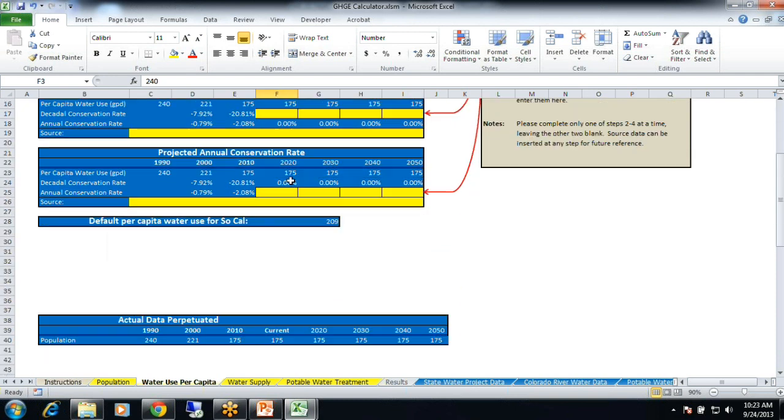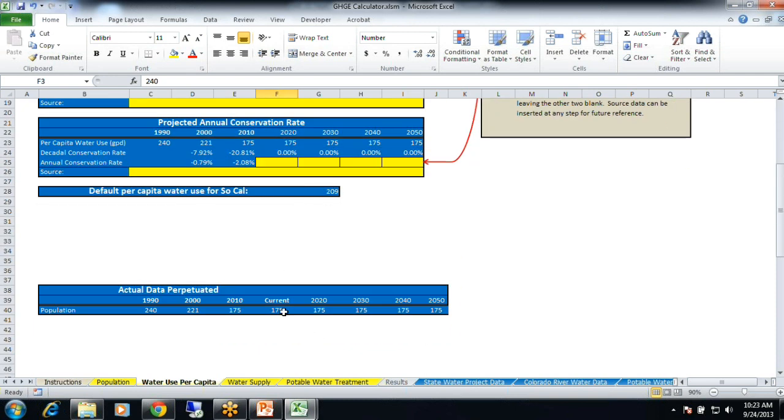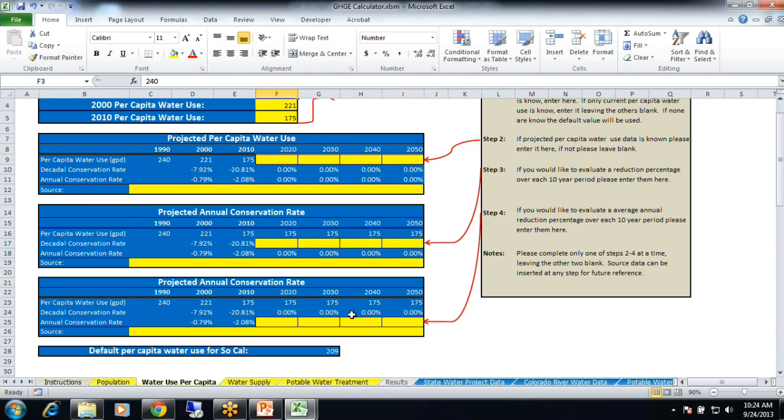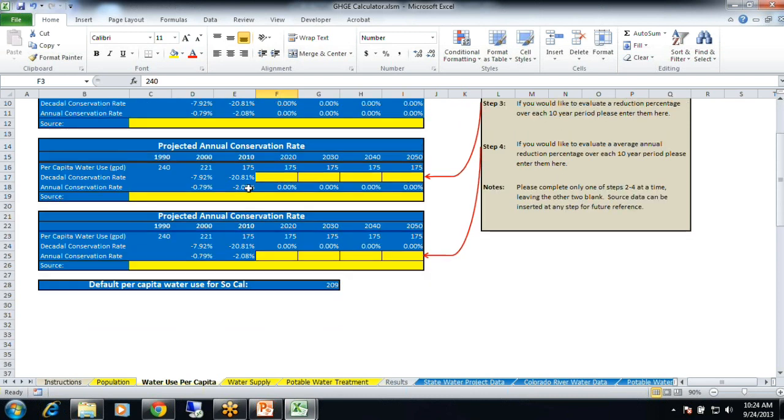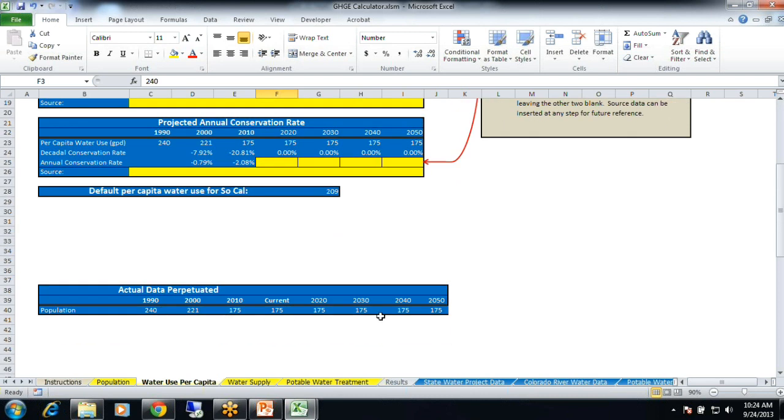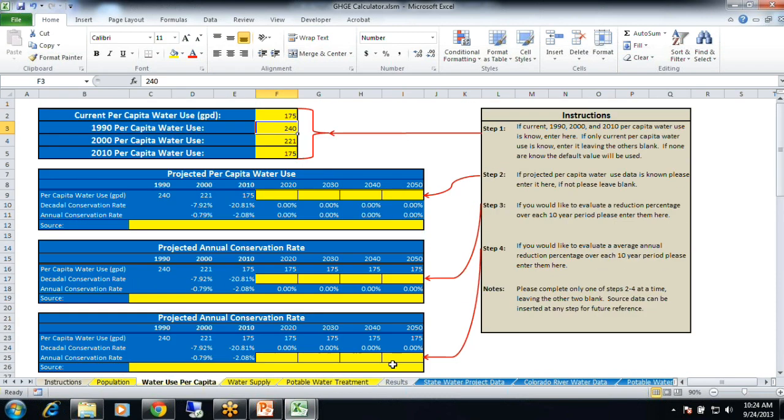So what the tool does, instead of taking this default data, is it takes the most recent data that you put in for site-specific data, and it perpetuates that out to 2050. And on any of these tabs, if you're confused about what's going to be carried forward, because you'll see default data, you'll see site-specific data, you can come down and it tells you what's actually being put into the equation. So check your data and say, oh yep, that's what I wanted. That looks good, and I'm going to keep it at 175. Who knows what's going to happen with conservation? And this is our baseline, so this is kind of the no action scenario.